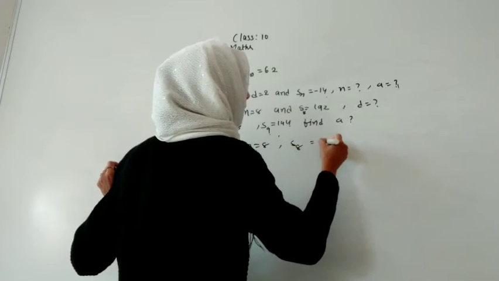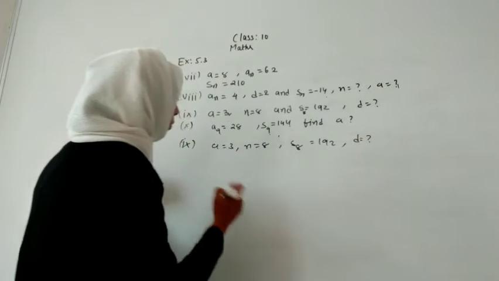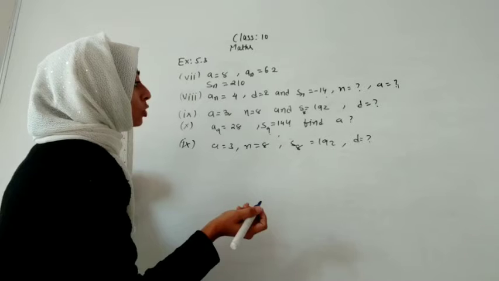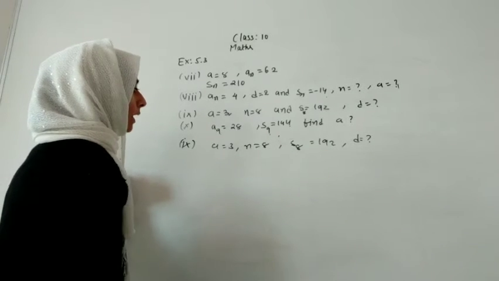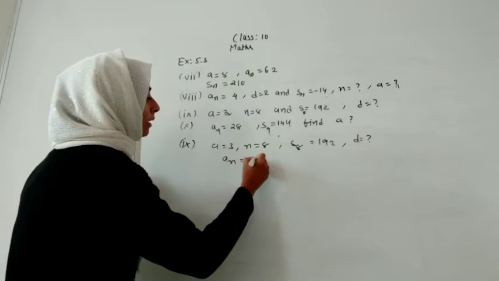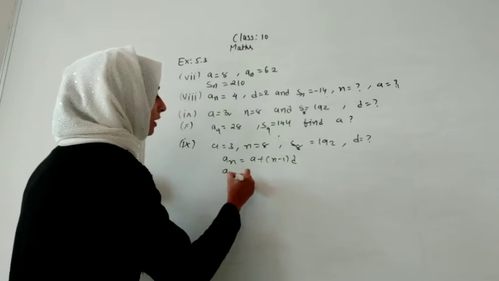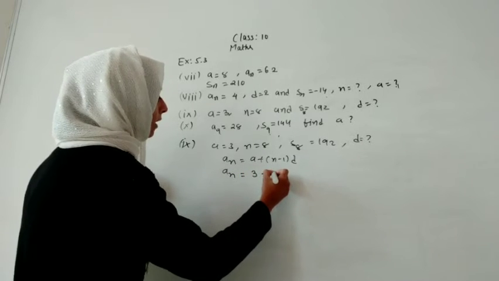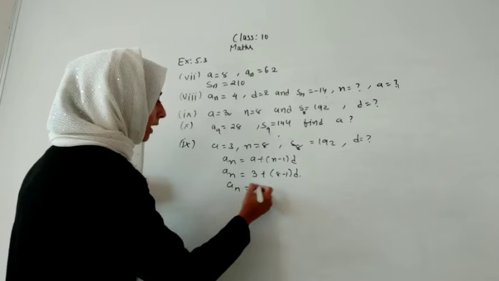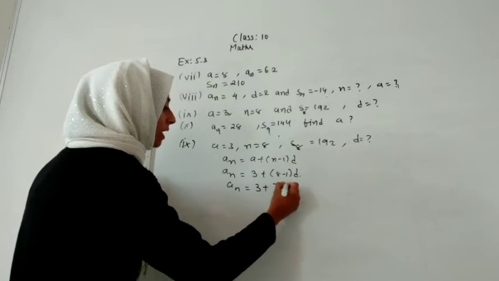A is given as 3, n is given as 8, S8 हमें 192 दिया है, हमें difference ढूंढना है. We have to find the difference. So what we will do? So let us do the process. हमारे पास जो जो चीज़ें हैं हम उसे substitute करेंगे. यानी अगर हम an के formula में रख रहे हैं, हमारे पास a plus n minus 1 into d है. In that we are having an, हमारे पास ये 3 हो जाएगा और ये 8 minus 1 into d हो जाएगा. So an we are getting as 3 plus we are getting 7d.